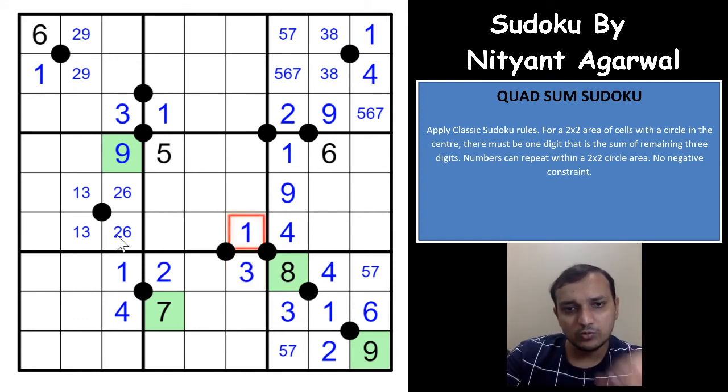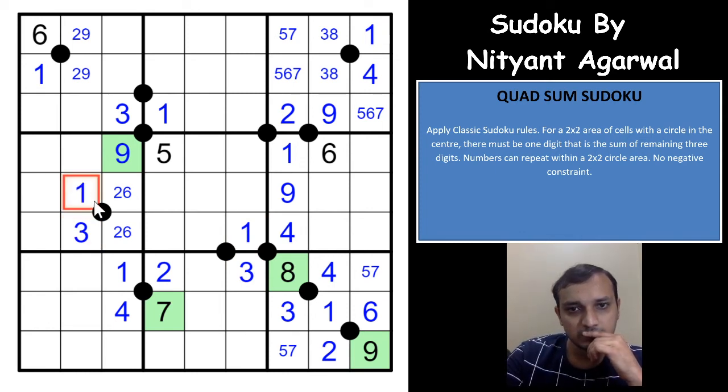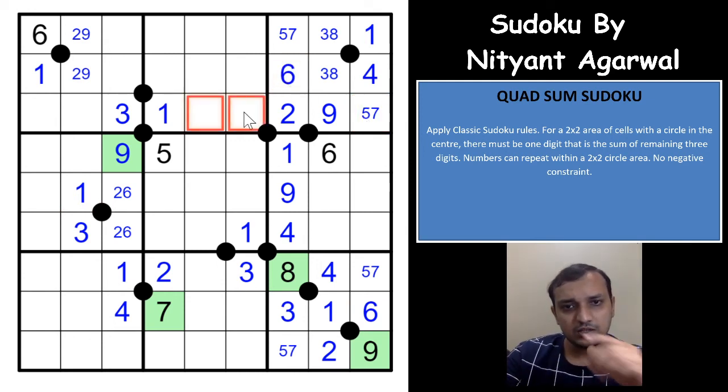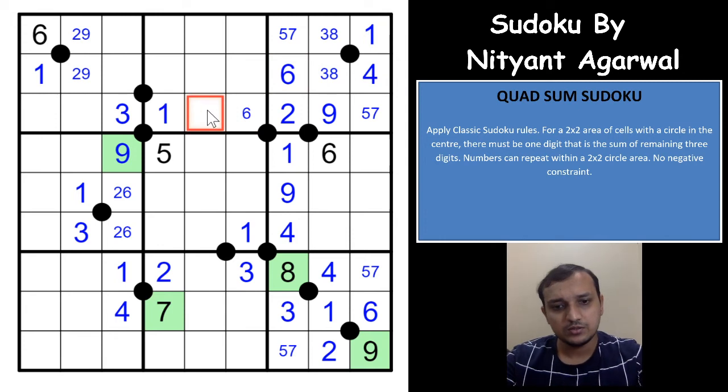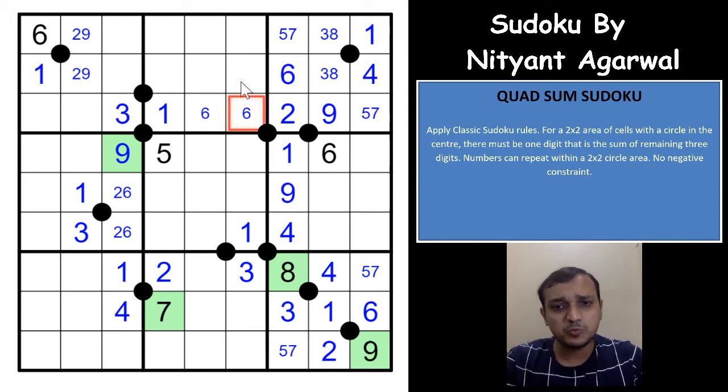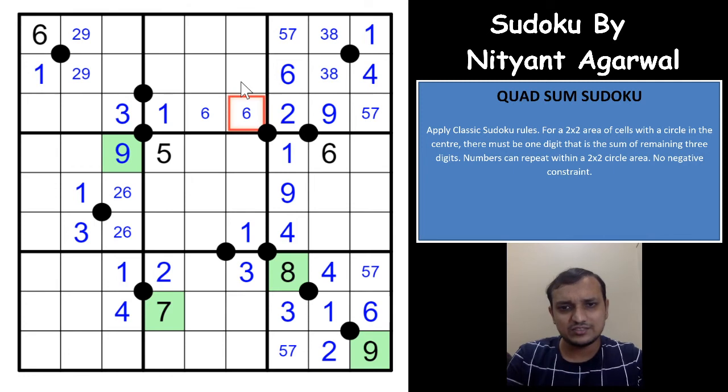Okay. That one gives you a 3 here and a 1 here. That 6 eliminates 6 from this cell. You get a 6 here and a 6 in one of these 2 cells, right? Okay. Even after this point, you might actually get a few more digits here. I have not written all the digits here using the classic rules, but the next part of the logic is